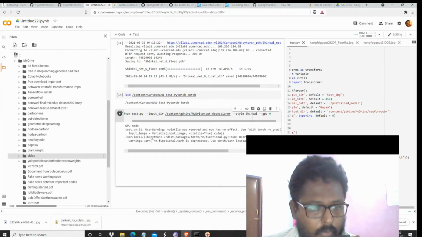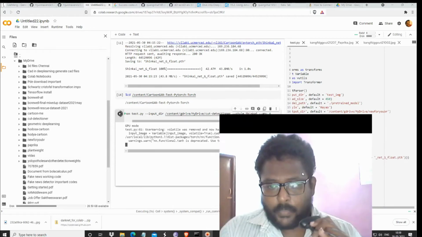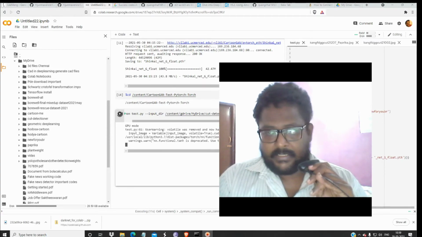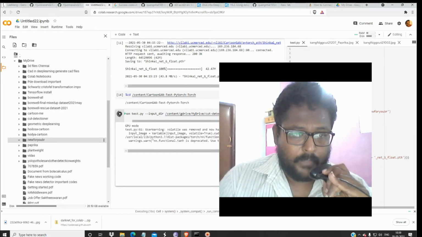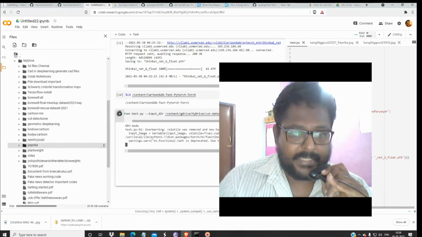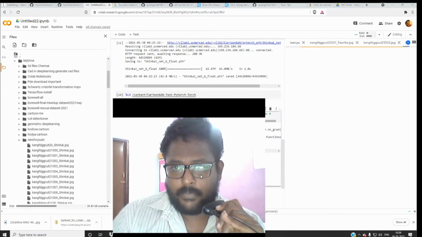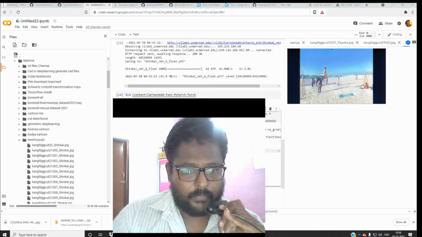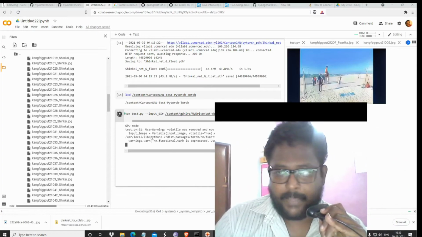So far we have modeled a very good thing. Don't wait for Facebook to release another kind of video for image detection. This is for cartoon GAN style transfer. As you can see, there will be wonders like this. You will have wonderful things like this. You can publish it on YouTube and everything. Okay, thank you.